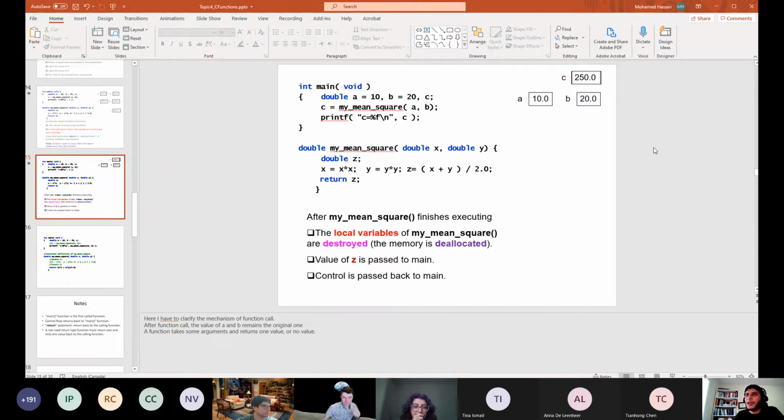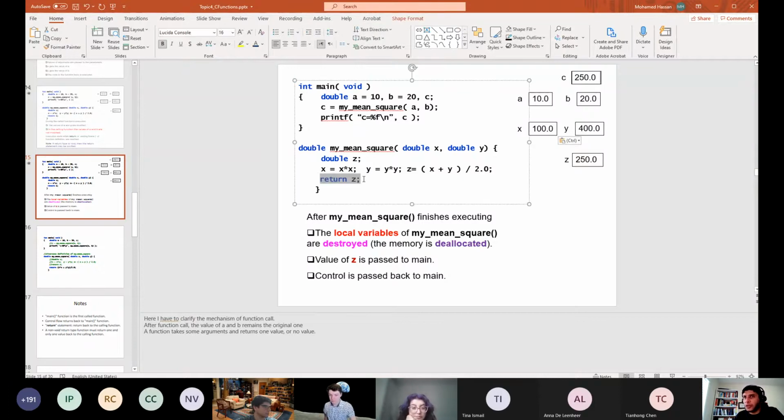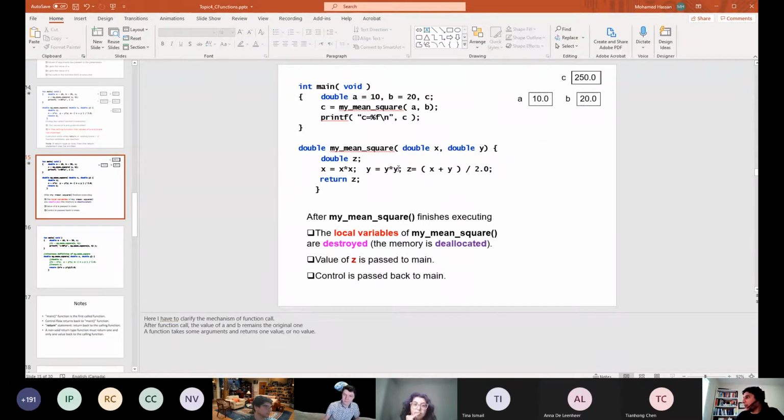Okay, good. And then once you do the function call, all the local variables of the function get created in the function stack space. And then once you are done with the function call, at the return or at the end of the closing bracket, if you don't have a return, all of these variables that are local to the function will also get destroyed in memory, right? So if you take a memory snapshot, and this is very important to understand,